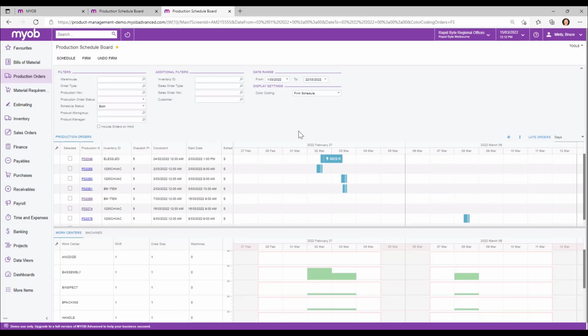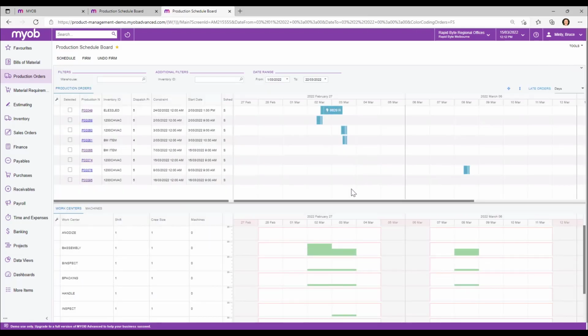And lastly, there's some neat color coding features here to differentiate your order types, differentiate orders by work center, by production order status. You can view high priority orders for customers and isolate those, and also by firm schedule. So after setting these preferences and filters, you can then also collapse the filter screen to provide a bit more working space. So if we progress down the screen now, and underneath the filters area, you can see all production